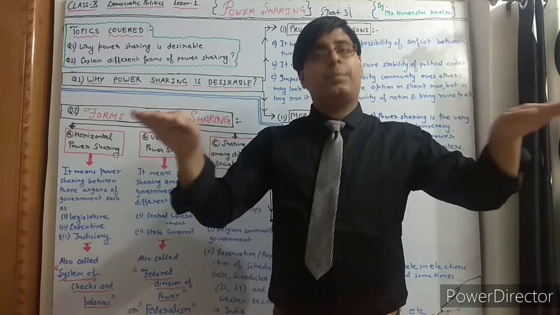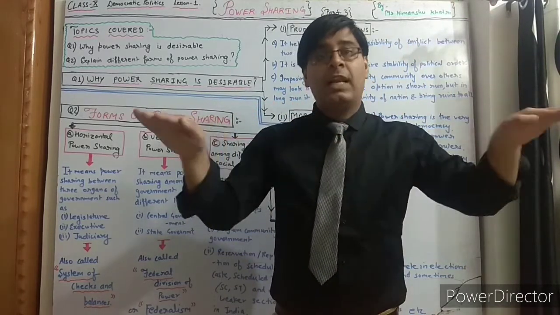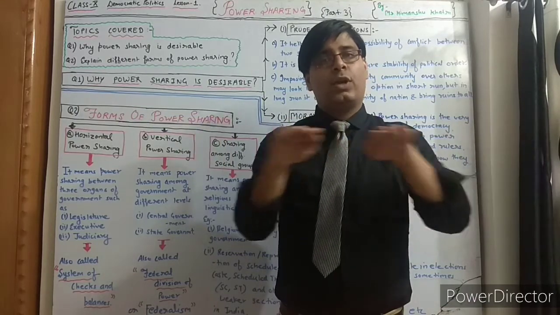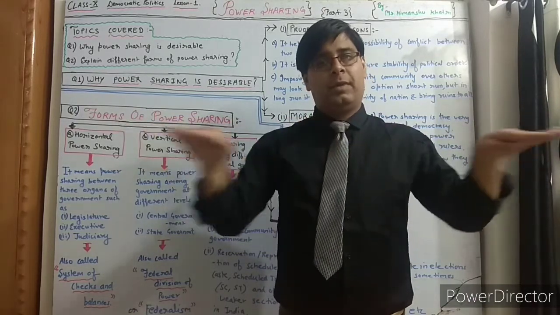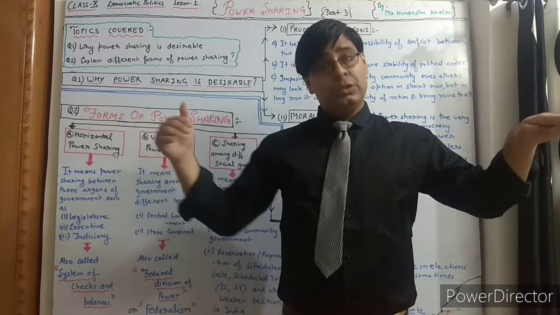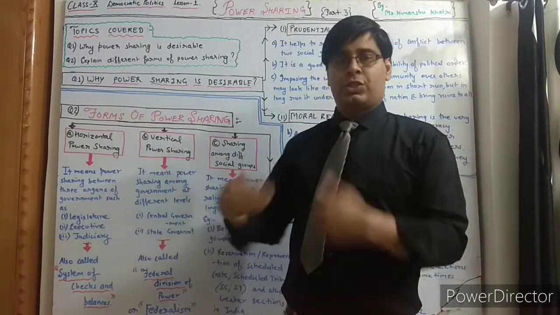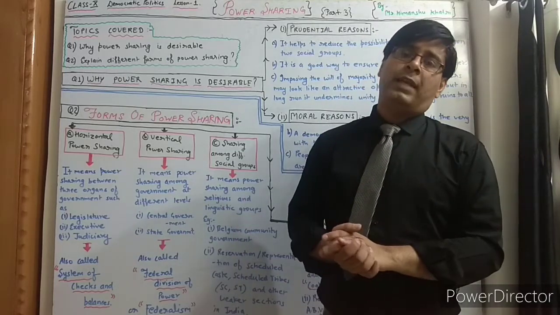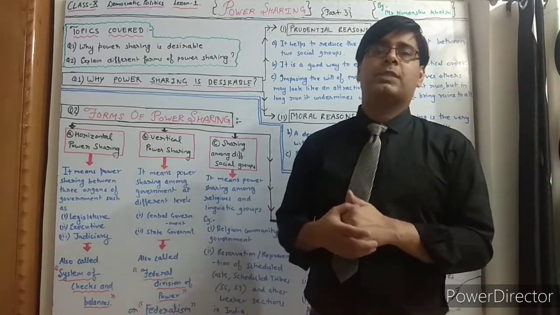All are having equal power. All are on the same level. That is why it is called horizontal. Horizontal, same level, no up, no down. Horizontal, flat. ठीक है? That's why the question can come in two ways: explain horizontal power sharing, or explain how the